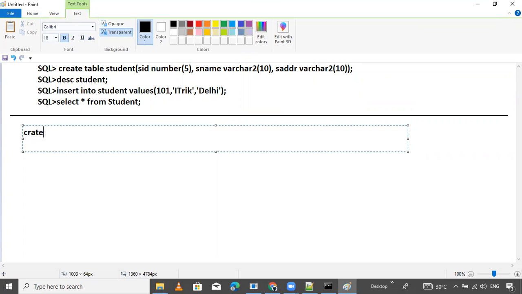Create table. So I want to prepare one example: create a table on the database through a JDBC application, by taking the table name as dynamic input.